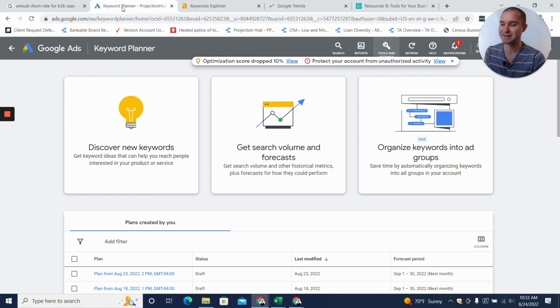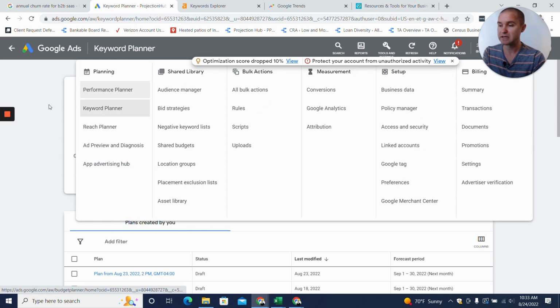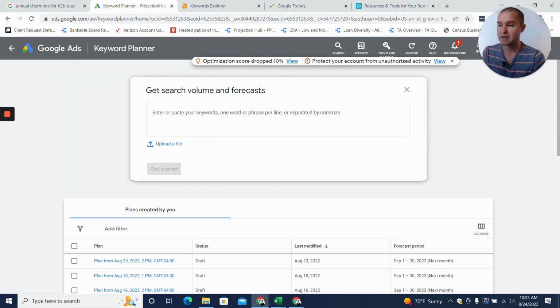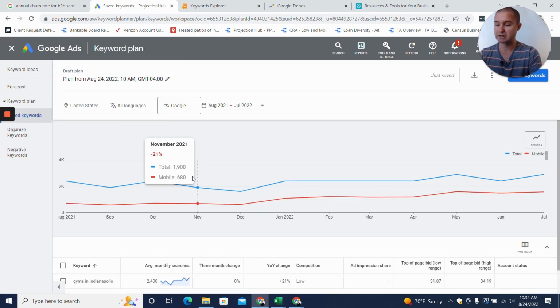So, another Google tool. If you have a Google Ads account, which is free to sign up for, then you come to Tools and Settings up here and go to Keyword Planner. I've already gone there, and then we click Get Search Volume and Forecast. Now let's say we are going to open a gym in Indianapolis, and we want some understanding of what it's going to cost us to advertise for potential customers. A good potential customer is probably searching for gyms in Indianapolis. So if we type in gyms in Indianapolis as a search phrase, then Google is going to tell us, okay,